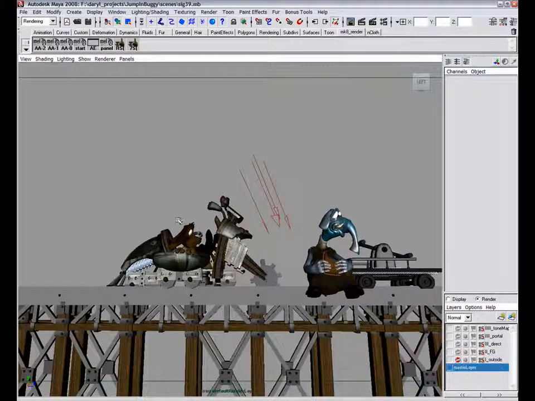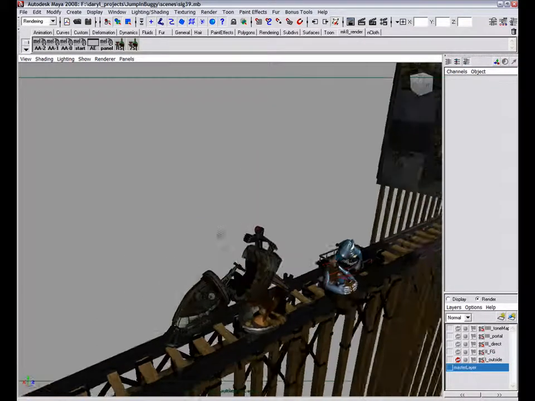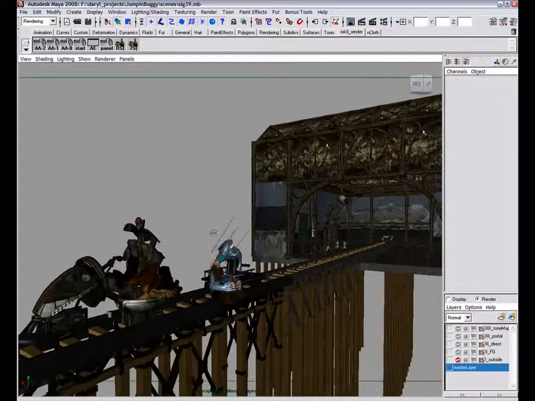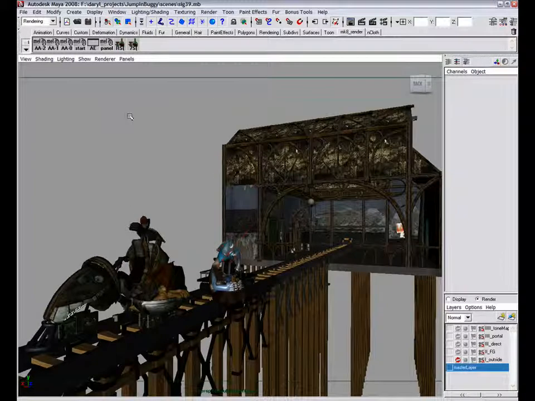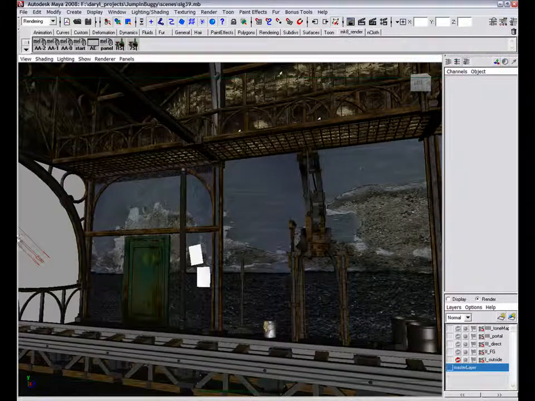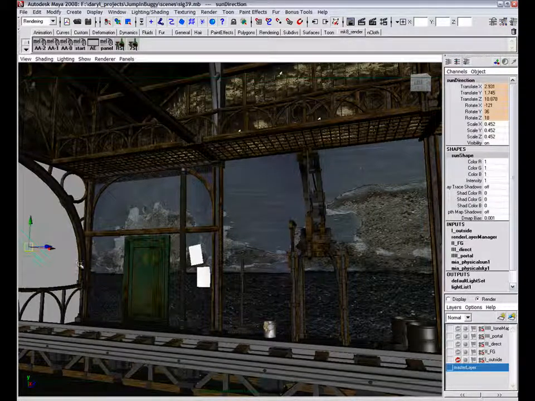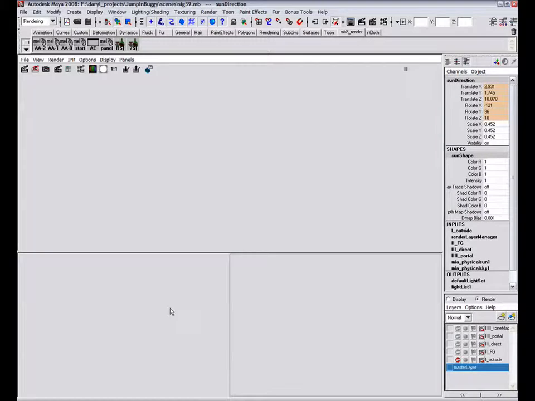So if we jump back to our master layer, you can see that I have a garage hanging out over here. What we want to do is get inside of that garage and start to render the effect of the light spilling into that environment. There's only one open wall on this object. So if we jump to our start frame here, you can see my light's kind of streaming in from this side. And if we go ahead and do a render of this,